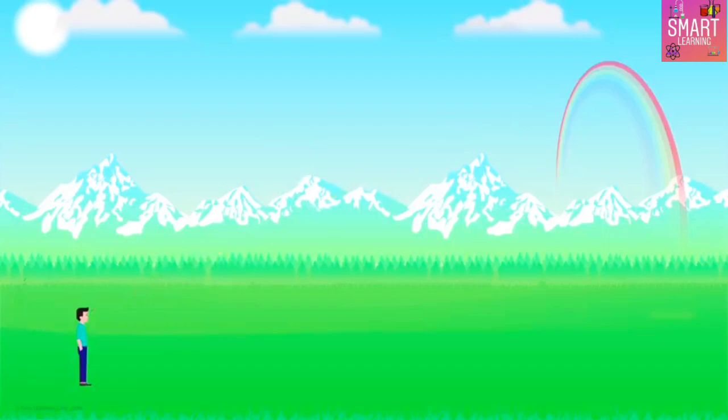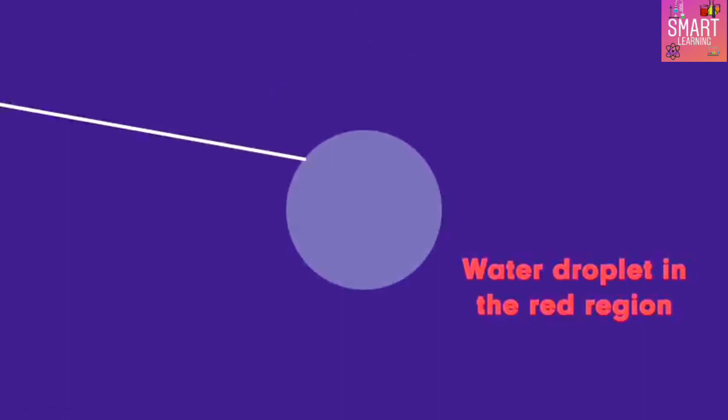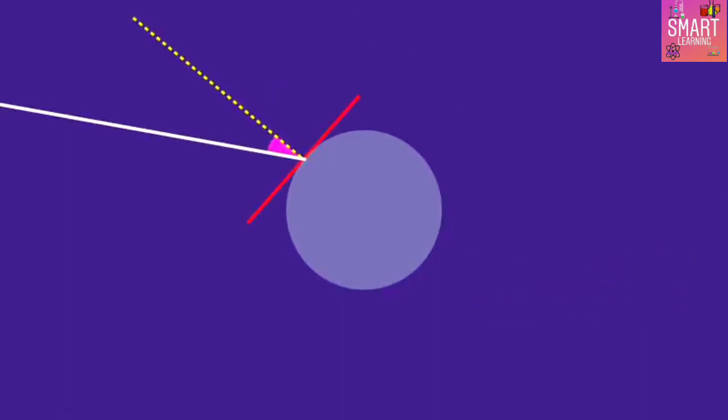In order to understand this, let's consider a single water droplet from this red region, and suppose the white sunlight is incident at this point on it. The angle at which the light is incident is very important, and I will tell you why in a little while. It will reflect some of the light at the boundary and refract some of it. The reflected light is white light again and is going away from our eyes. So we ignore this, as this light does not help in forming rainbows.